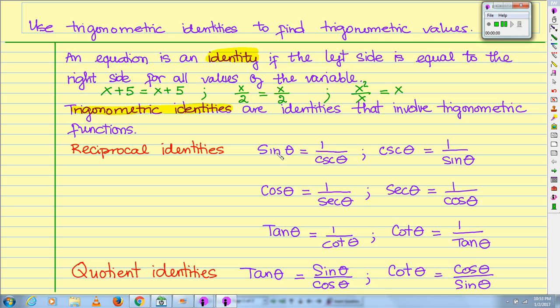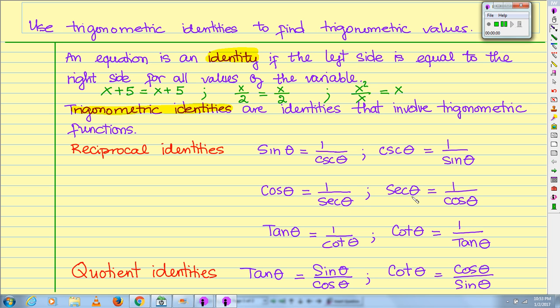So sine is the reciprocal of cosecant. So sine of theta is 1 over cosecant of theta. The same thing, cosecant is the reciprocal of sine. So cosecant theta is 1 over sine theta. Next, cosine is the reciprocal of